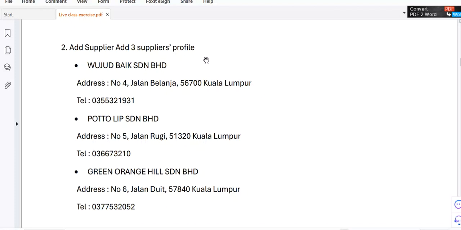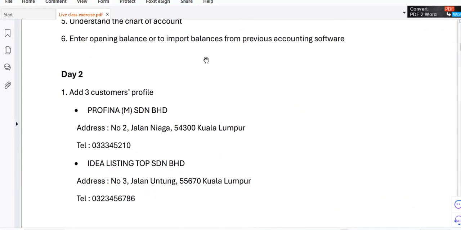But what if the customer didn't bring a member card, and you don't accept phone number as a membership, or maybe the customer never had any membership participation and they pay cash. If you do not have a system designed to capture the customer details, then you will not know who the customers are for those cash sales. But for credit sales and credit purchases, it is very common for a company to have regular customers and regular suppliers. So these are the things that we're going to do for the second day.